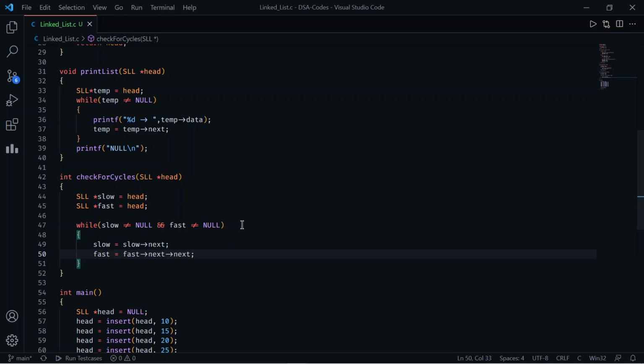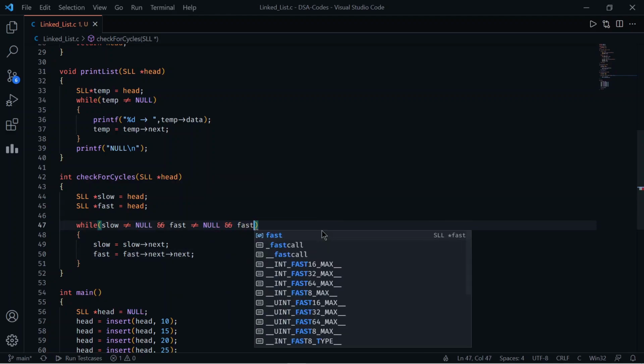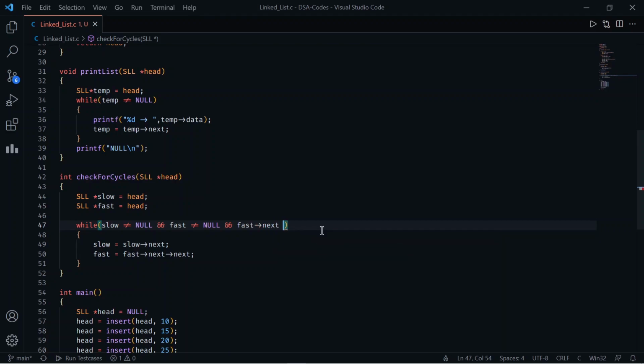So it jumps one node. But one thing we have to take care of is that if fast arrow next becomes null, this will give us an error. So here we should also check that fast arrow next should also not be equal to null.